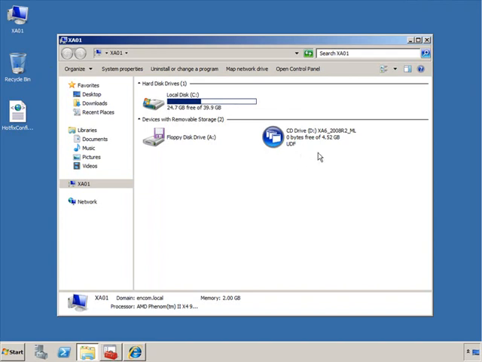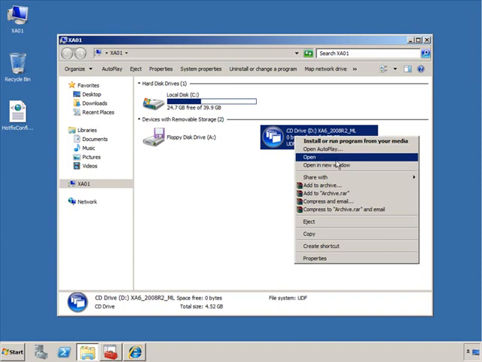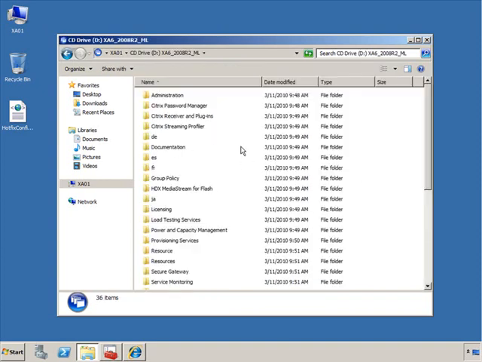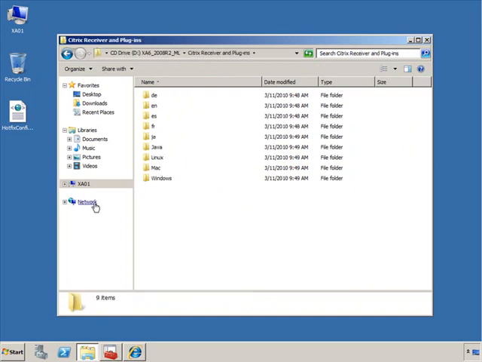Now, depending on when you're installing and when you're configuring this, those plugins might be old, so you probably want to visit the Citrix website, download the newer ones. But for us to illustrate here, and just for the purposes of the demonstration, if you open your actual XenApp 6 CD, and if you click on under Citrix Receiver and Plugins, you'll see that I have all of my